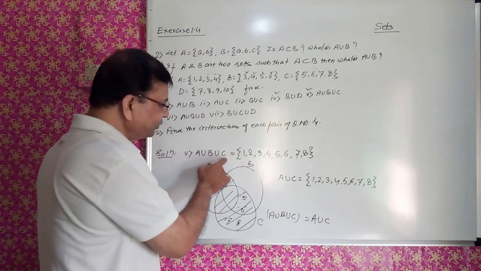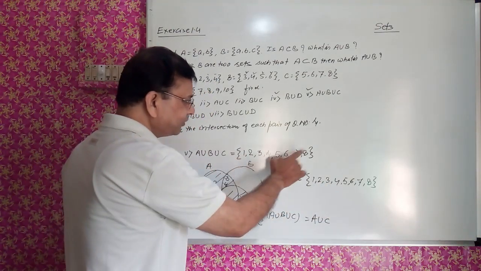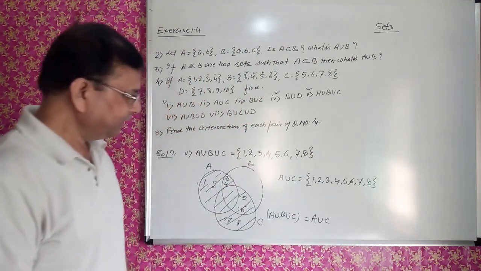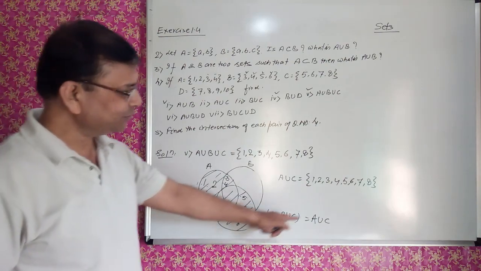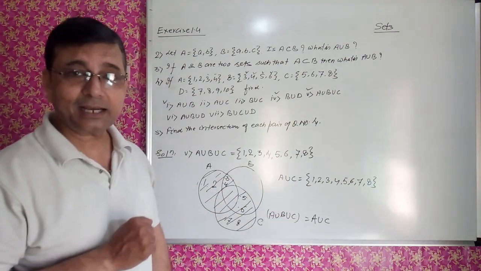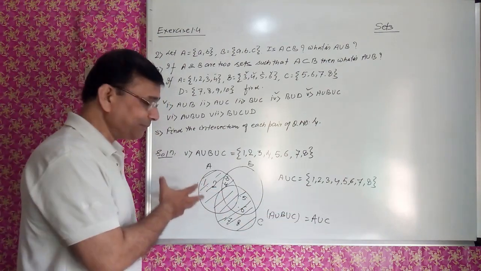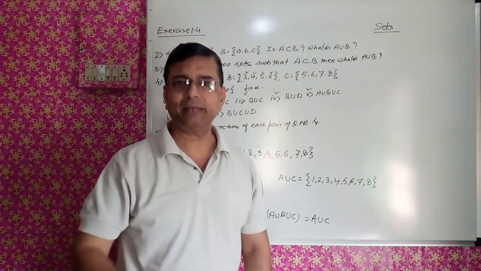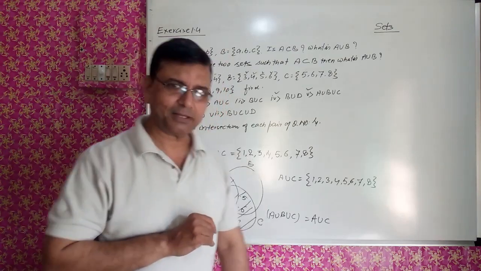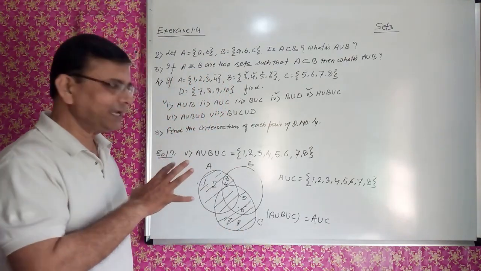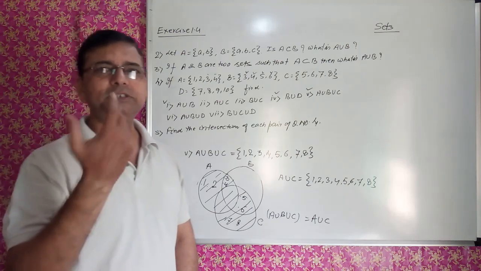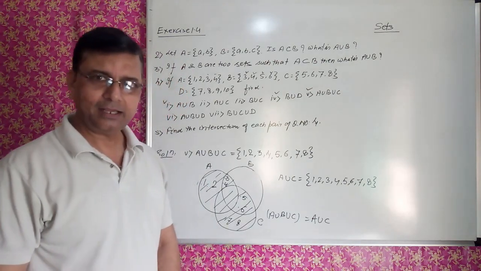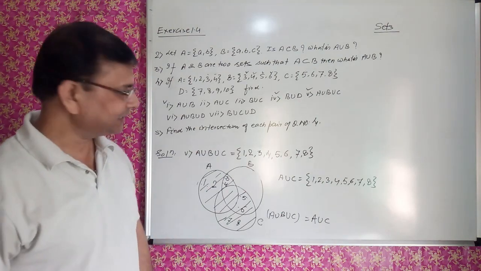What is A union B union C? That is same: 1 2 3 4 5 6 7 8. Here also 8 is there. So A union B union C is equal to A union C. ये हमको कैसे पता लगा? जब हमने वेन डायग्राम बनाया तो हमको ये समझ में आ गया. So how much useful this Venn diagram is, ये आपको समझ में आ गई बात. ठीक है. तो क्वेश्चन जब हम सॉल्व कर रहे हैं तो उससे हम उसके बियॉन्ड जाकर कुछ ज्यादा इंफॉर्मेशन निकाल रहे हैं और अंडरस्टैंडिंग को बढ़ा रहे हैं. I think you are getting the things.